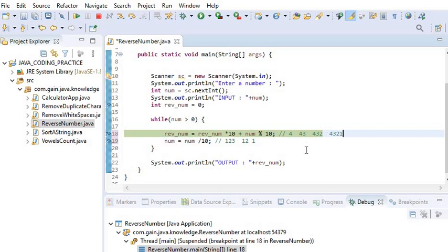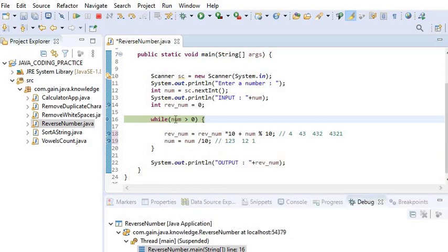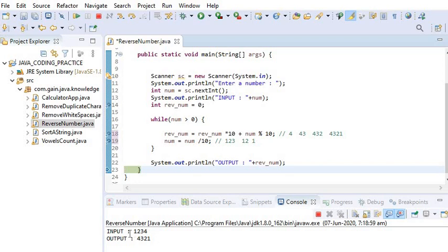In the next step, the number 1 divided by 10 will be 0, and now the condition will be false because 0 is not greater than 0. So now the output will be printed, and we can see the input is 12345 and the output is 54321. Like this we can debug.